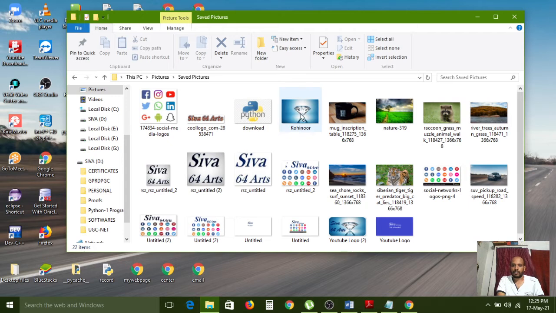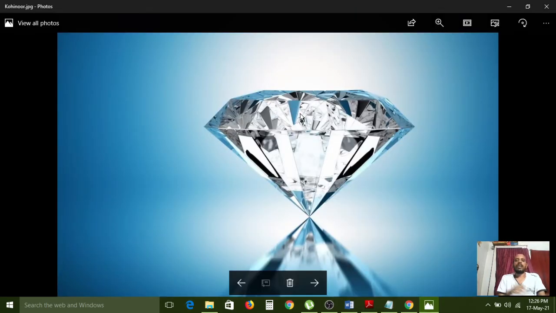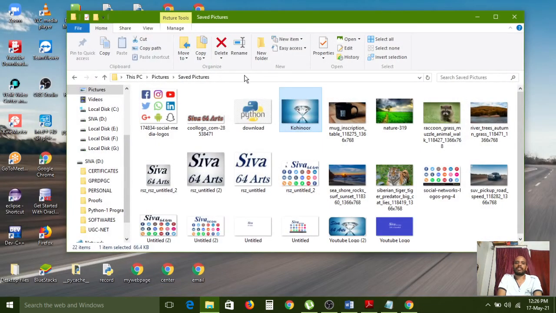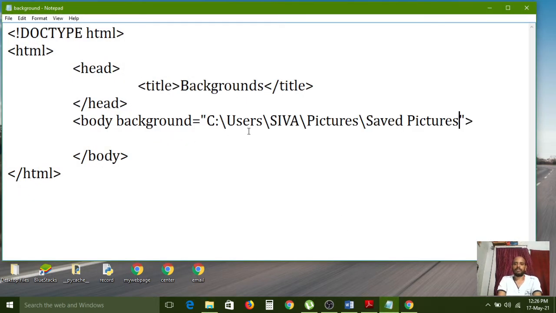The diamond symbol, Kohinoor. In the last class we discussed how to copy the path, image location and also the image address. So like that, here also you need to copy that address from the address bar. So this is the address. Now I have selected that one, copying that address and pasting it between double quotes for the background attribute.